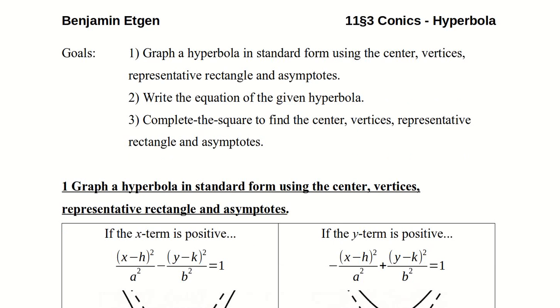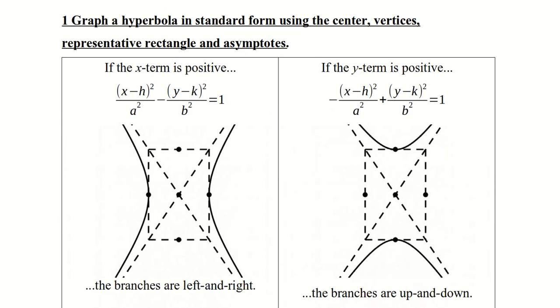So let's first look at two cases for a hyperbola. So our first goal is to graph a hyperbola in standard form using the center, vertices, representative rectangle, and asymptotes. So the one thing that changes here, the one difference between a hyperbola and an ellipse, is that one of the terms is negative. So here the y term, in this first example, the y term is negative and the x term is positive. And if you're in that situation, then once you've got your center and your vertices and